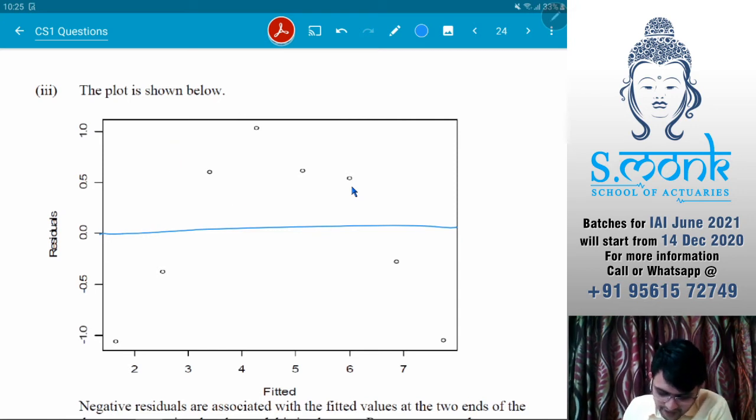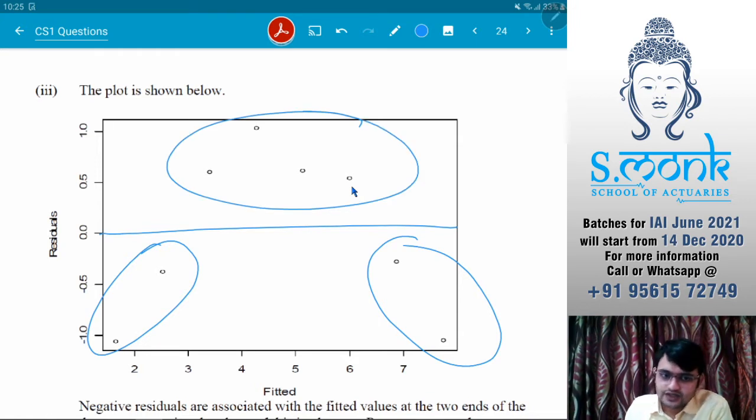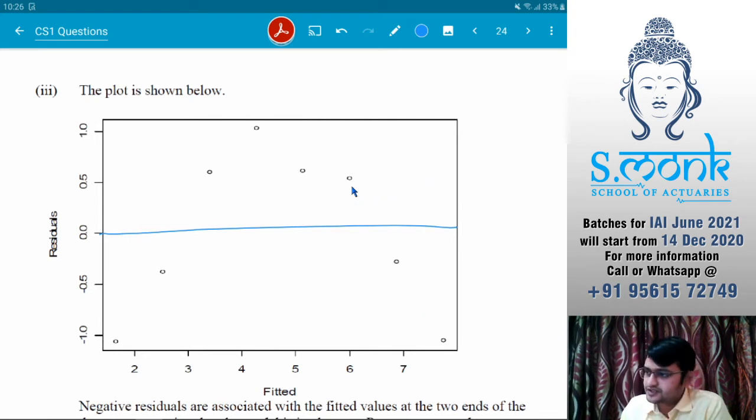Whenever you have such values of residual versus fitted, where at the beginning you have one-sided values and at the end you have the same-sided values, and in the middle you get these kind of values, okay, so we have negative, positive, negative, or positive, negative, positive. These kind of values just show that our data is curved. It is not a very good representation of a straight line. So our data is going to be curved data. That is what this represents.